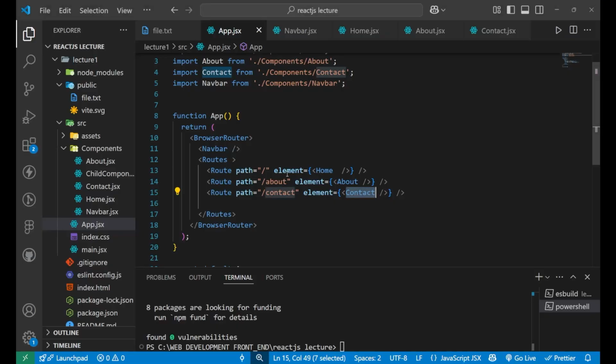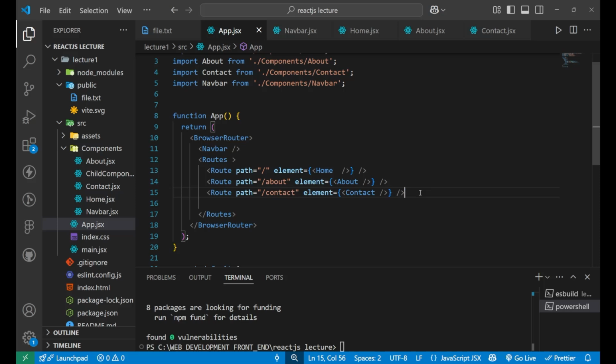Now, imagine you have created a big website and the user has written some wrong route. In that case, a blank white page will give a very bad UI experience. So to resolve this, we are now going to create a not found page, right?